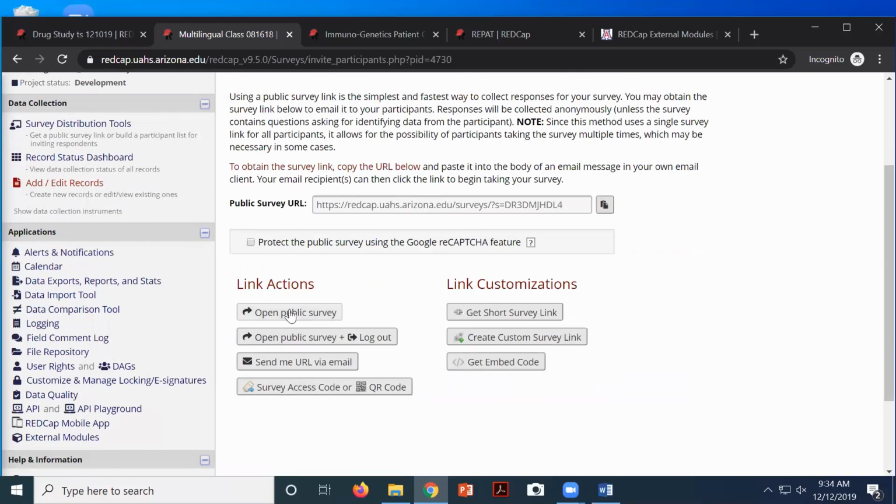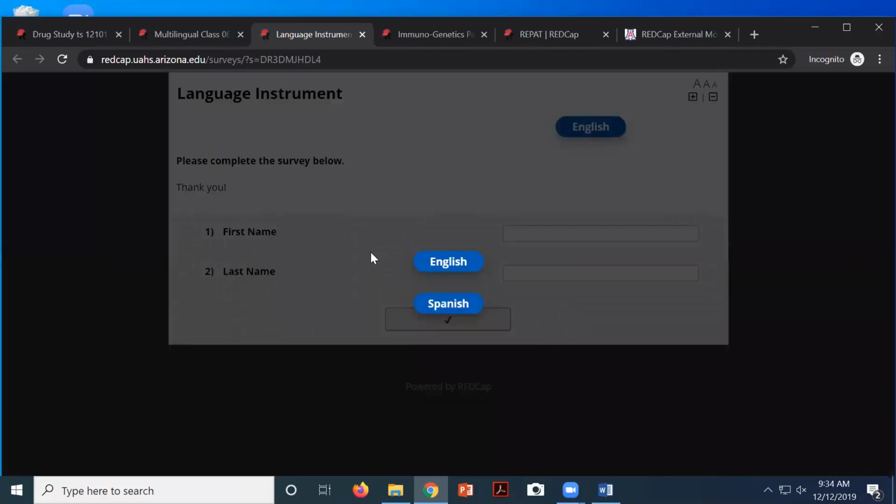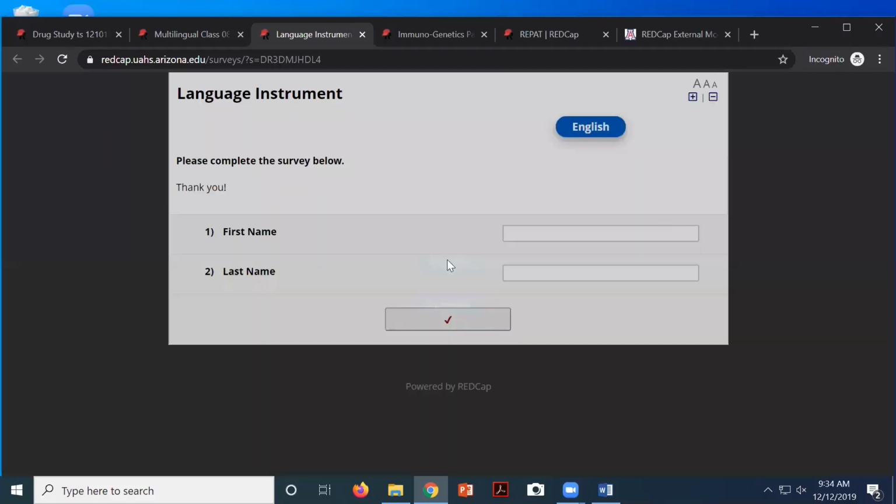First, I'm going to open this public survey, and notice that you get an option to decide which language you want to show. And so I'll start with English. My questions are in English, but my button persists. If I change that to Spanish, my questions change in Spanish. So how that works